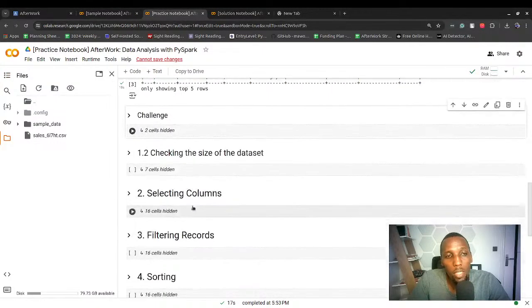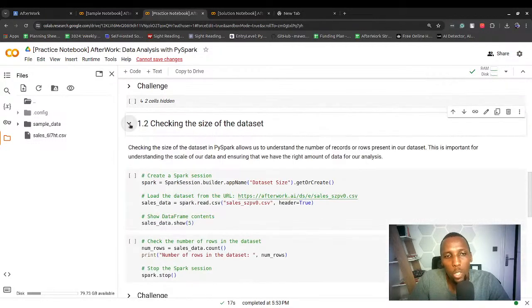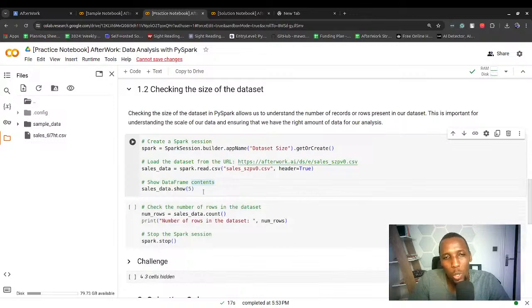We've gone through that. Let's continue to checking the size of the data set. Assuming that you've already checked the first 5 records, you'd want to see how big it is, how many records you have in that data set. For each and every task that we are going to be doing, note that we are going to be creating a Spark session and then closing it. So we'll start by creating a Spark session, give it a different name, and then we load the data set